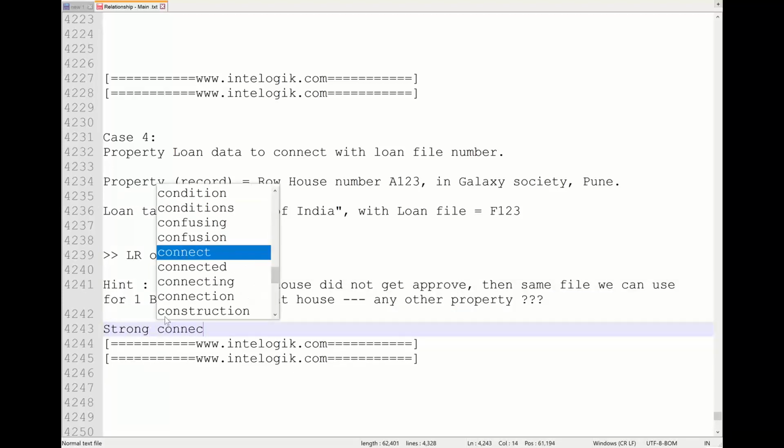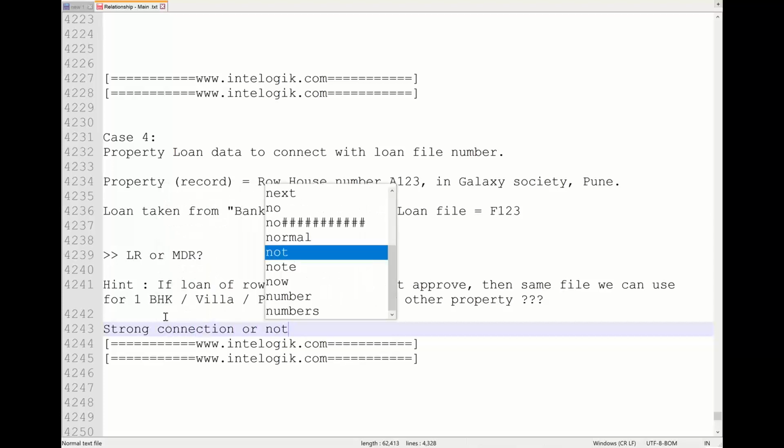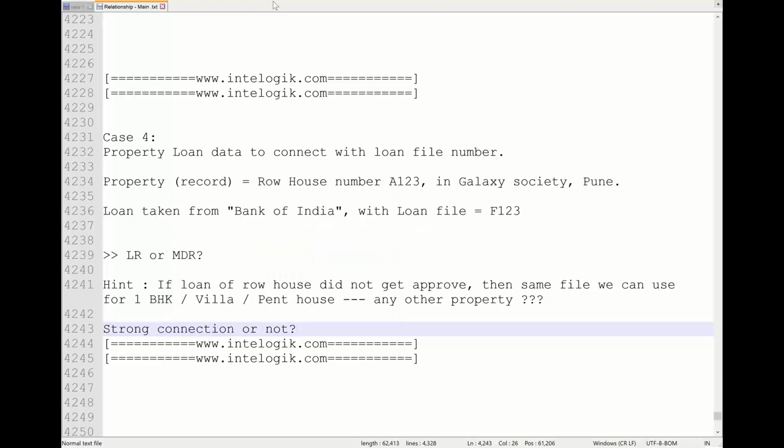Anyone who took a home loan in the past, if your home loan got rejected, could you use the same file again for another home loan? Absolutely not. You have to come with a new file number, new application, new journey.